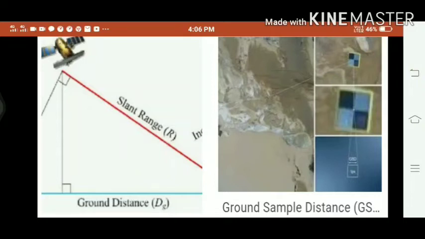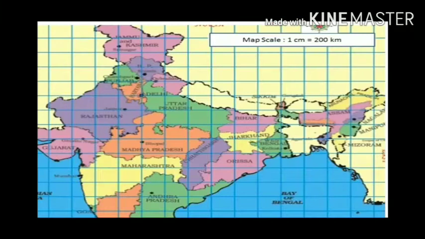While preparing a map based on the distance, a suitable ratio is selected. After the preparation of the map, it is necessary to mention the map scale. So you can see on the top right hand side, the map scale is given: 1 centimeter equals 200 kilometer. This helps us to know the distance and all. So it is very important to mention the map scale in all maps. This facilitates map reading and helps in understanding the distance on the ground.